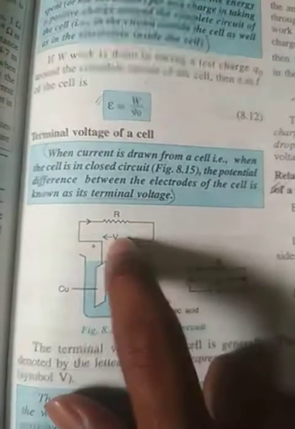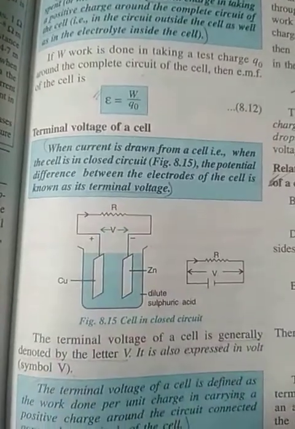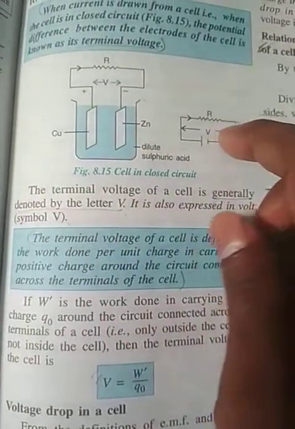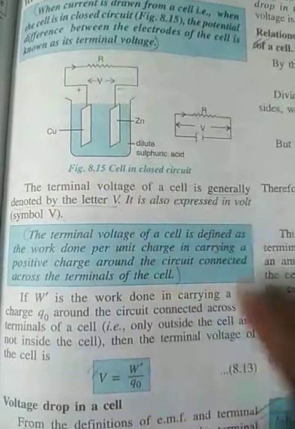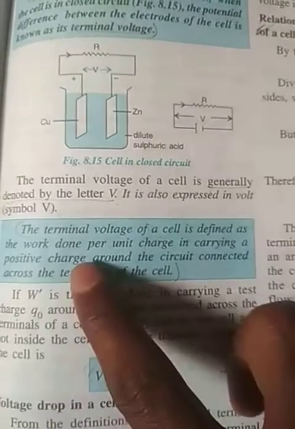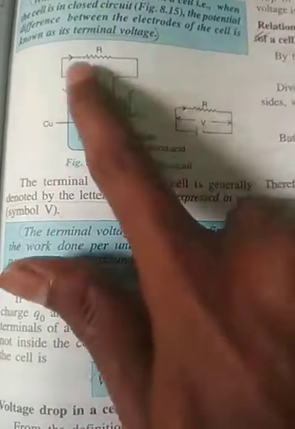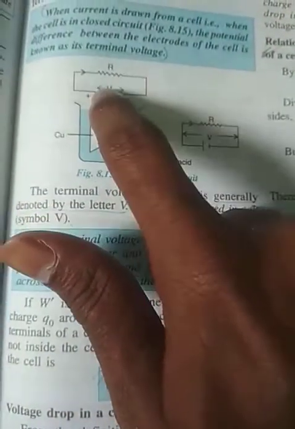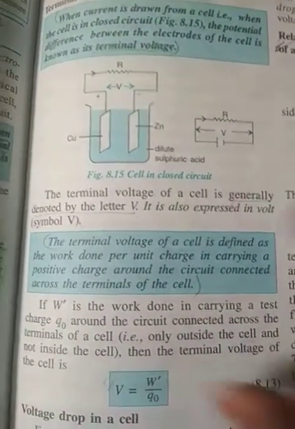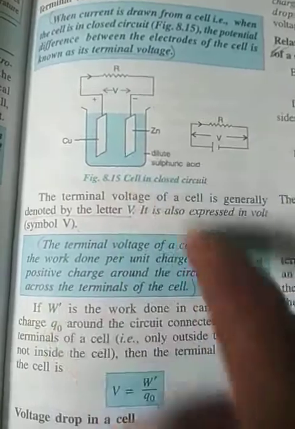Now if you connect that to the terminals, that will be the difference between the voltage in the two. This is known as terminal voltage. This will be equal to whatever work done is there for flowing the charges from one terminal to the second terminal, that is known as voltage. That will be equal to W dash by Q0. This is the work done for shifting the unit charge around the circuit connected across the terminal. That means if you are moving the charge from that terminal, that is known as terminal voltage. But if you are moving the charges from this to this inside the circuit, that is known as EMF.